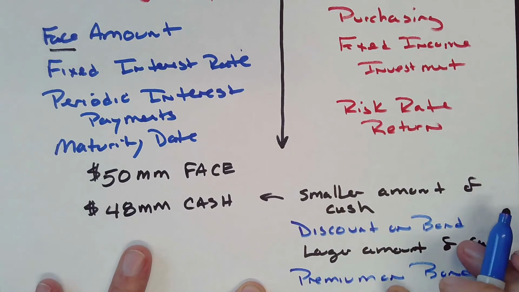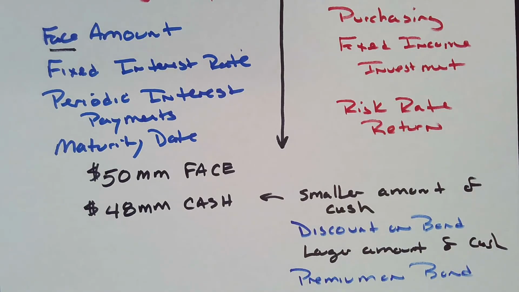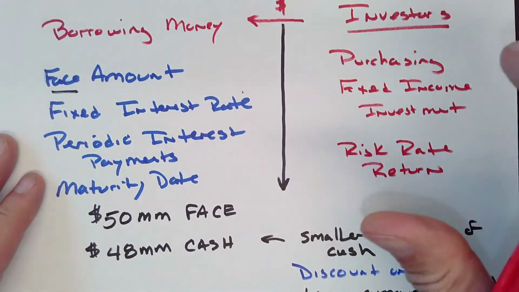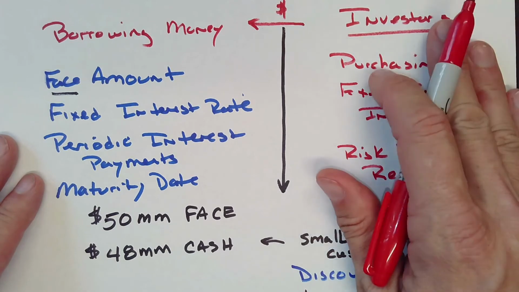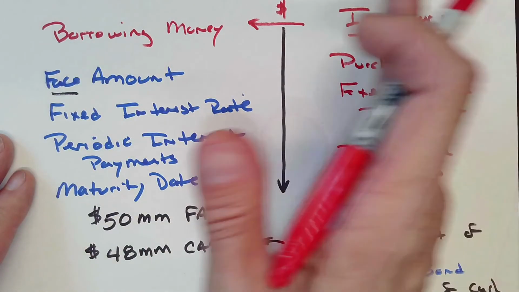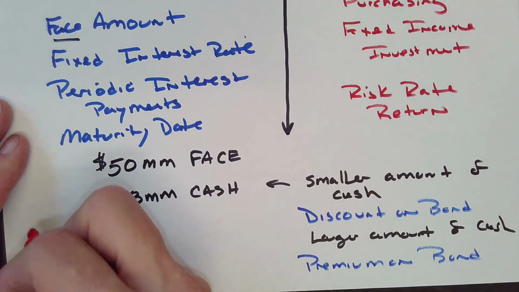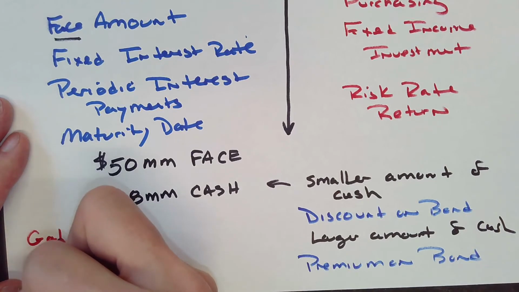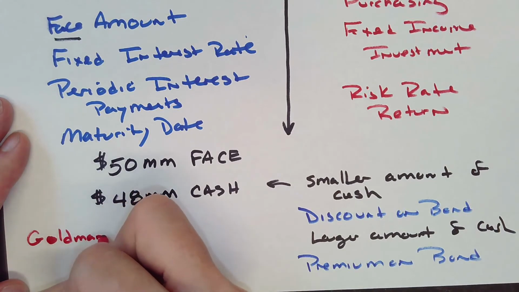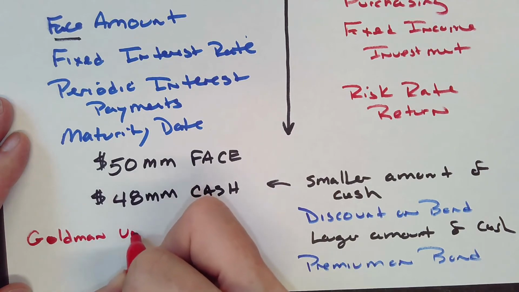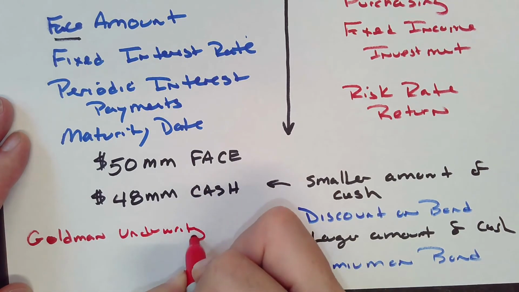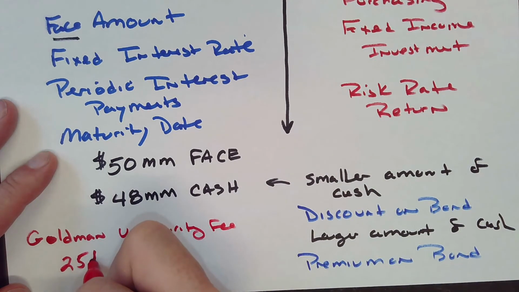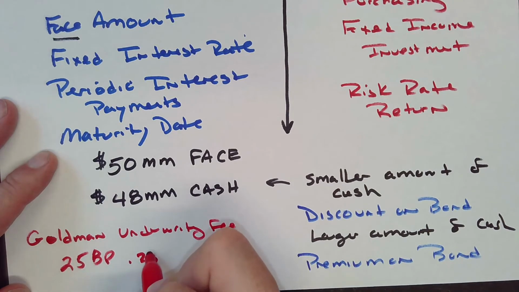on the bond. The other thing you've got to think about is the underwriter who is helping you borrow money from these investors by finding these investors and facilitating the process of getting the money, the Goldman Sachs, the JP Morgans. Well, they're going to charge an underwriting fee. And that might be 25 basis points or 0.25%